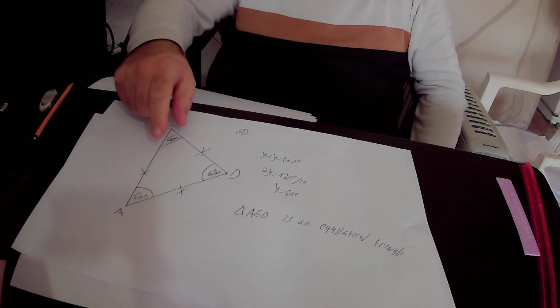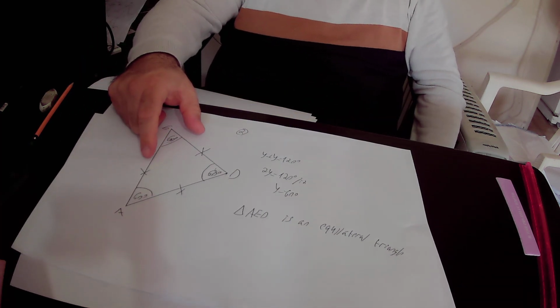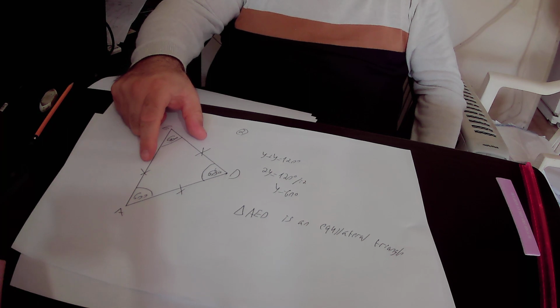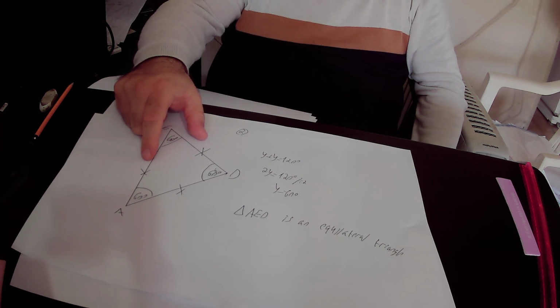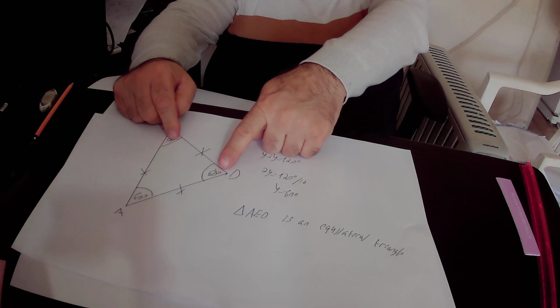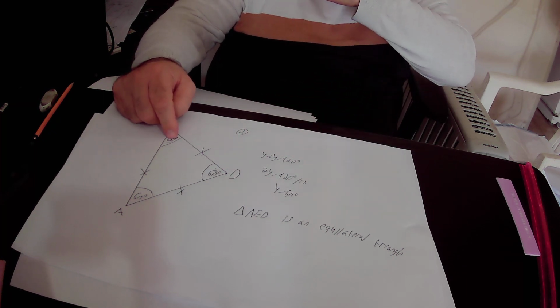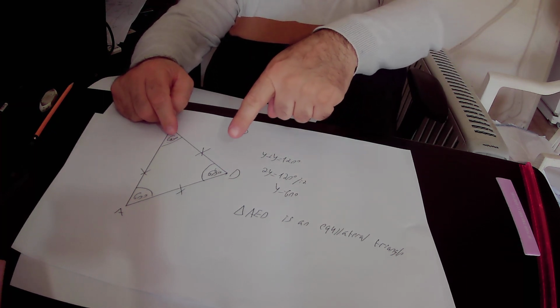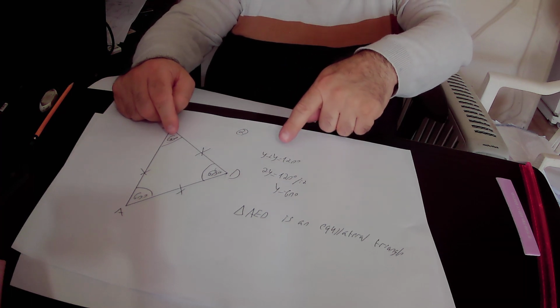So in this triangle we have two equal sides, and opposite those two equal sides there are equal angles, that is to say those two angles must be equal to each other. So if one angle is y, then the other angle must also be equal to y,